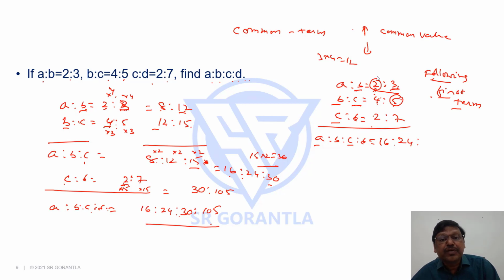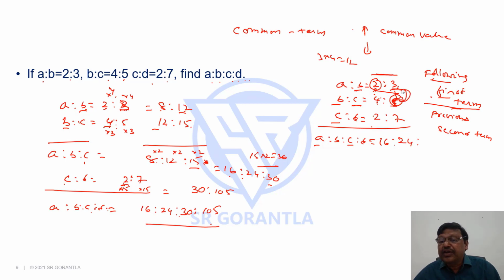In the case of A is to B, what happened? There was no ratio above it. But here, when I take 5, there is a ratio before. There is a ratio before. So, for following ratio's first terms you are multiplying; if there is a ratio before, for previous ratio's second terms you multiply. If there is a ratio previously there, you multiply the second term.